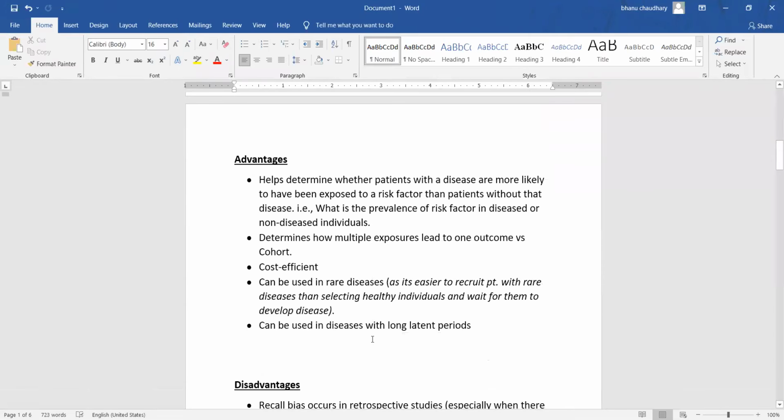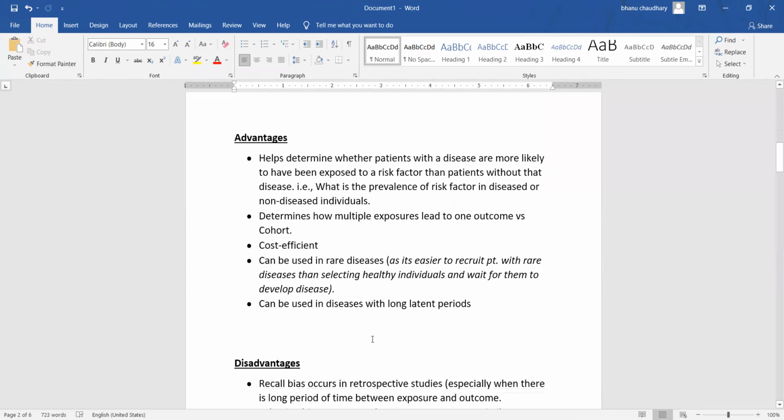So what are the advantages of a case control study? Okay, so it will help determine whether the disease is more likely to be